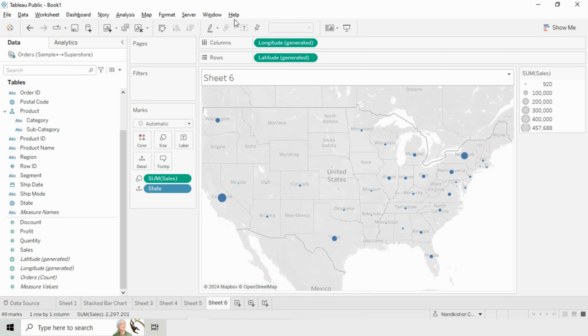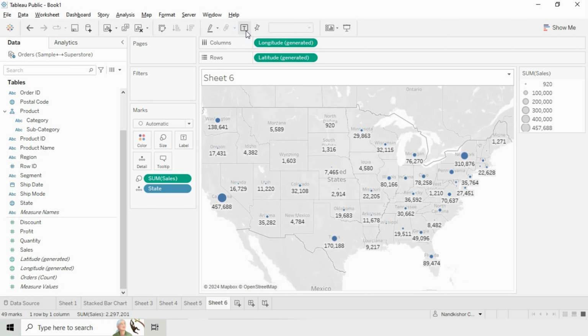So just to check it, simply turn on the mark labels, then it will be clear to us. And this is how we can use the size mark in the maps. Along with the symbol, we can change the size based on the